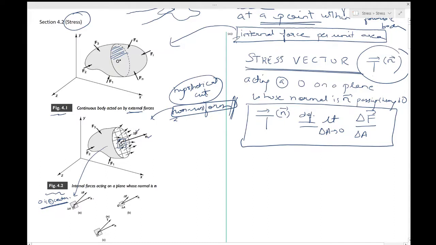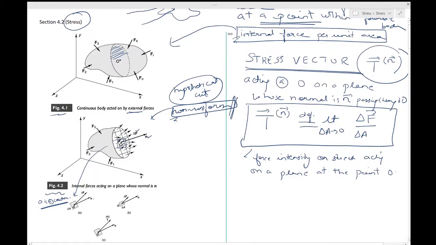And if you can see clearly, this is actually a force intensity or stress acting on a plane at the point